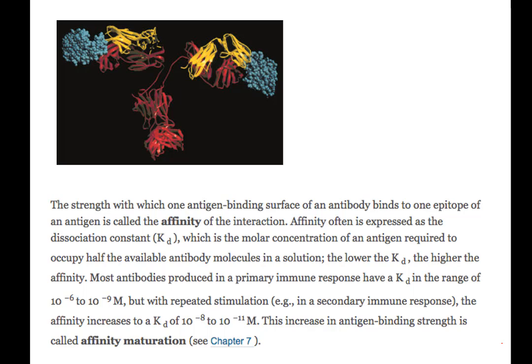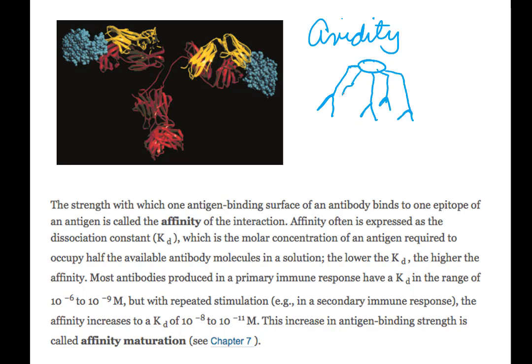IgM is the first antibody always made, and it doesn't go through affinity maturation. That's why we need avidity, where we have 10 weak antigen binding sites, but the combination of 10 allows us to bind fairly strongly to something, and these are all the same epitope,